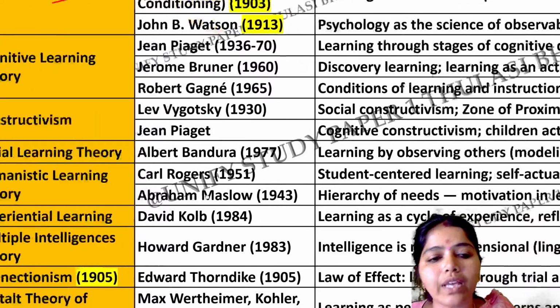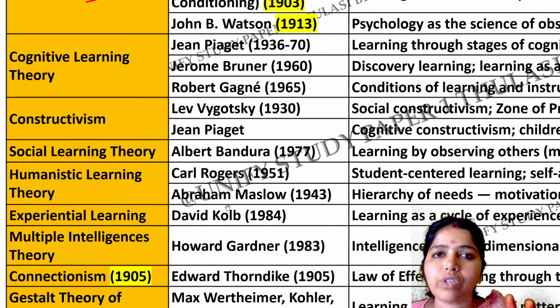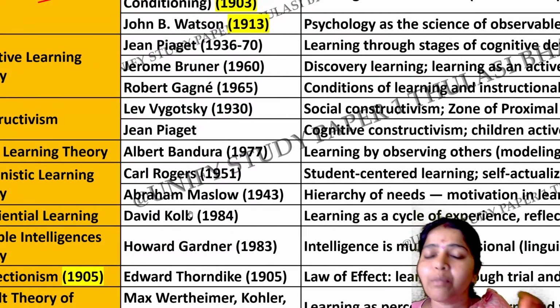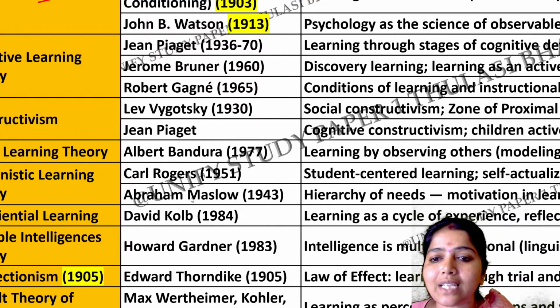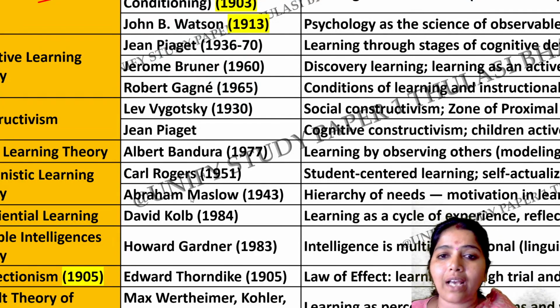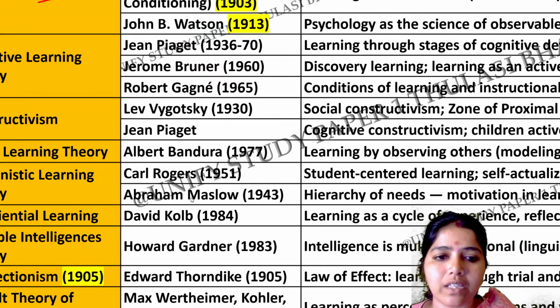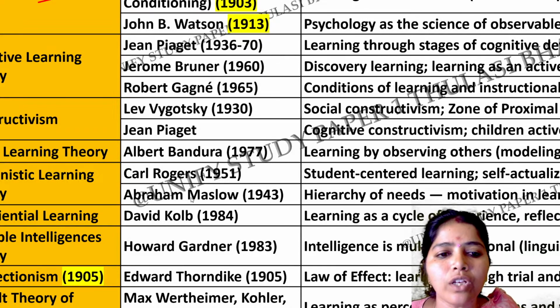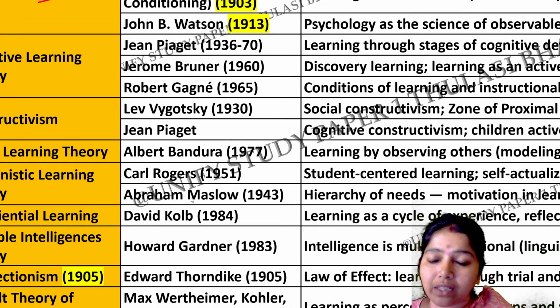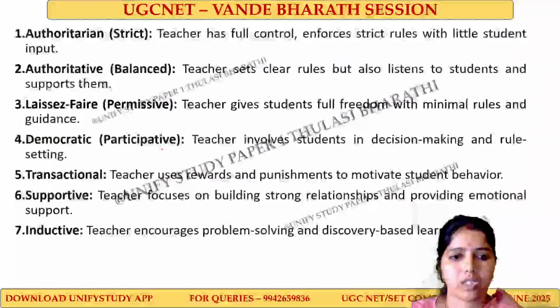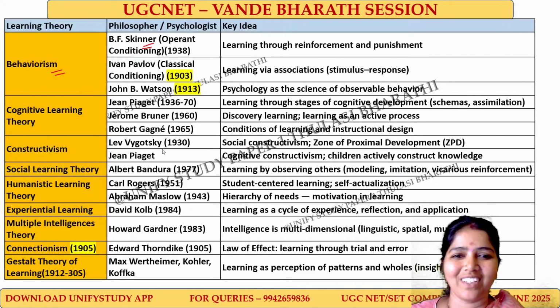Then Carl Rogers' theory on humanistic learning theory. We have two theories here: one is Carl Rogers' theory and another one is Maslow's hierarchy of needs, right? Maslow's hierarchy of needs starts with self-actualization. I will write it here so that you can have that also, because it has been asked in the examination. Maslow's hierarchy of needs theory: a person has needs, right? We have 5 steps. I will write it down. One minute. Lots of space. I'll create a page.